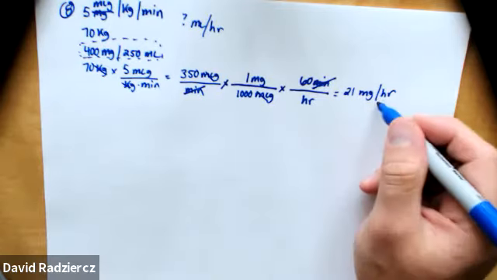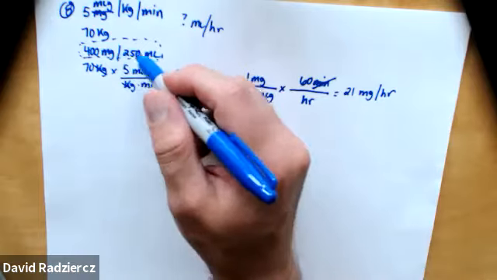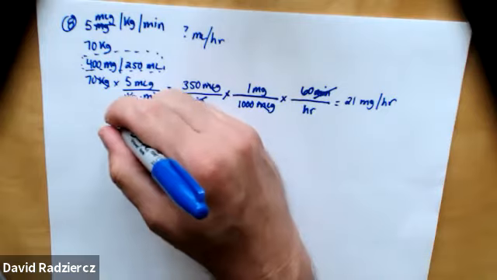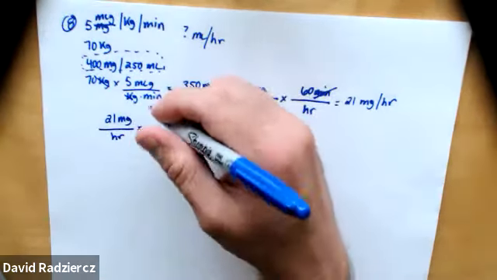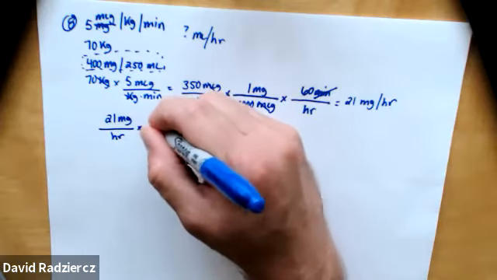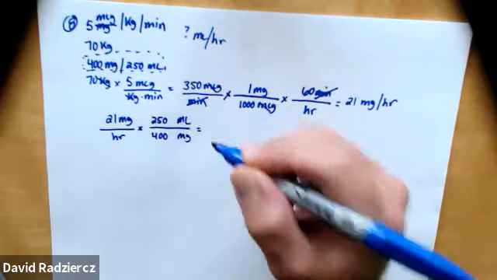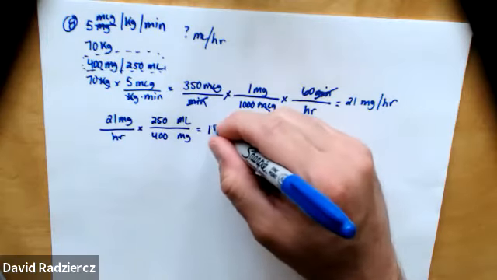Now that I have milligrams per hour, I have a way to go from milligrams per hour to milliliters per hour with my available dosage. So I'm going to take that 21 milligrams per hour, and I'm going to multiply by my available, and I want to get rid of milligrams. I want to convert it to milliliters. So 400 down here, 250 up here. I'm going to take 21 times 250, which gives me 5,250. And then divide that by 400, and I'm going to get